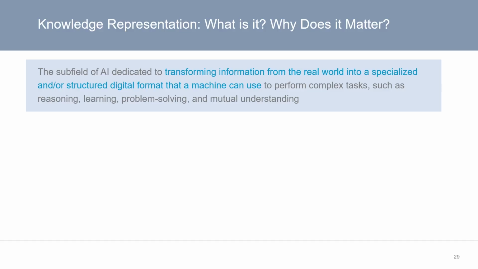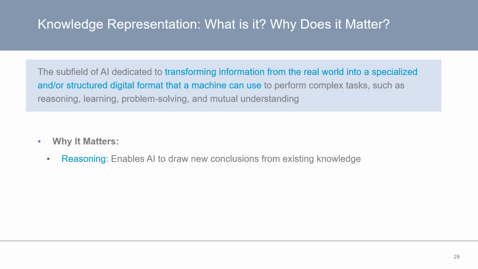Note how knowledge representation and reasoning are at the core of almost everything that we consider to be AI. Now let's look at the basics of knowledge representation. First off, what is knowledge representation and why does it matter? Knowledge representation is the subfield of artificial intelligence dedicated to transforming information from the real world into a specialized and/or structured digital format that a machine can use in order to perform complex tasks, such as reasoning, learning, problem-solving, and